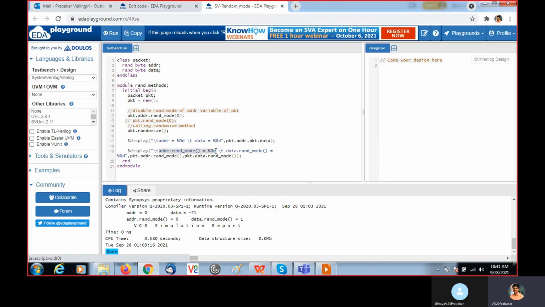For the address we made the rand_mode 0, so for this it will give value 0. Here for data, the rand is enabled, so for that you will get 1. For the corresponding data rand_mode it is 1, that means it is enabled.